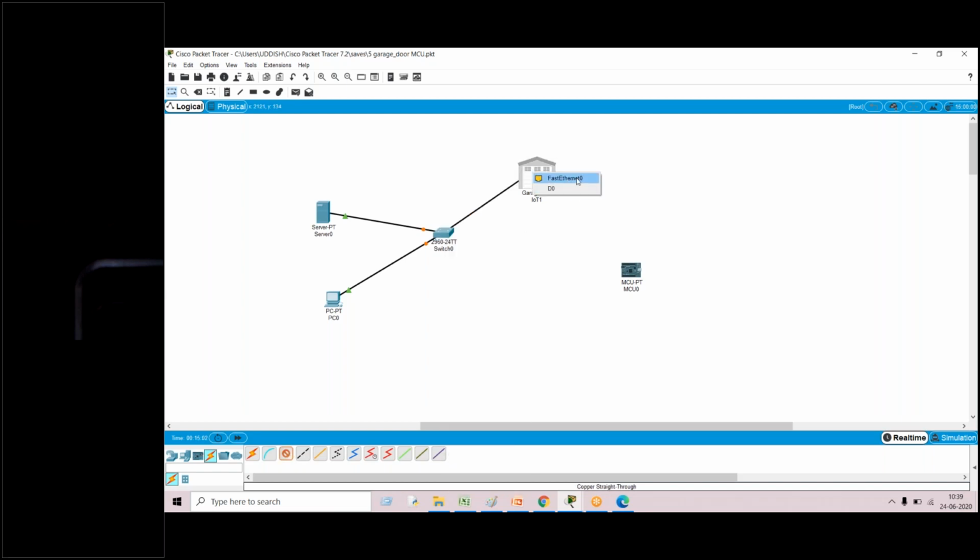For the garage door, we know that there are two input slots, one is fast Ethernet and D0. We have to give the fast Ethernet. And between garage door and MCU, we have to use IoT custom cable, this D0 to the microcontroller D0 pin. So these two steps are done.